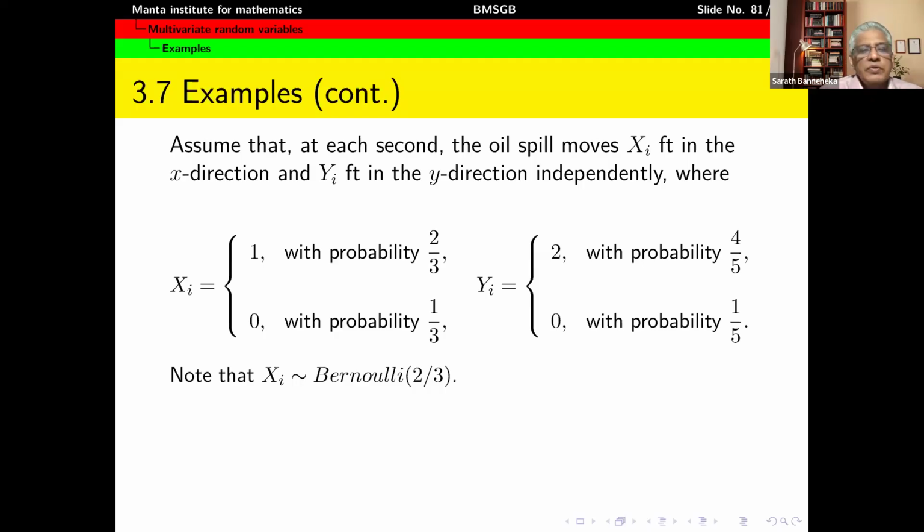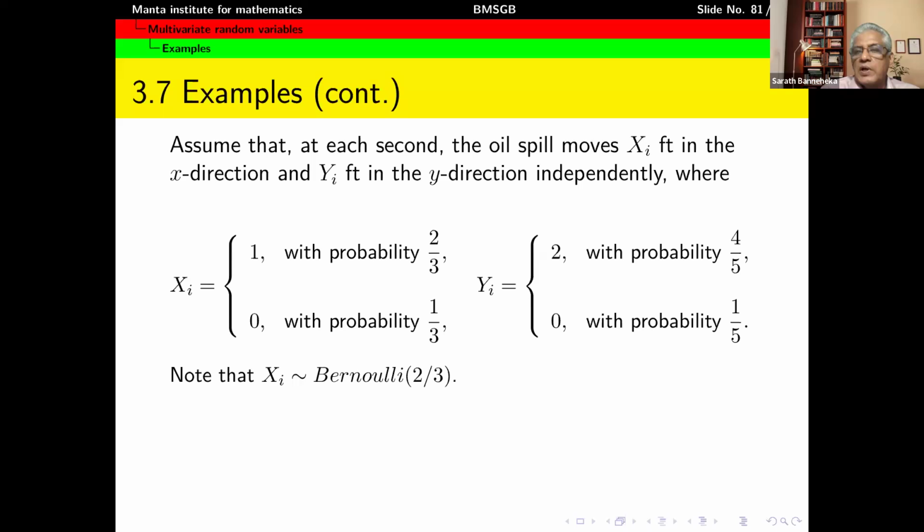So therefore, for the first second, there will be an x1 and y1. For the second, there will be x2, y2, and so on. So therefore, after n seconds, the oil spill's position will be given by the sum of xi, i from 1 to n,